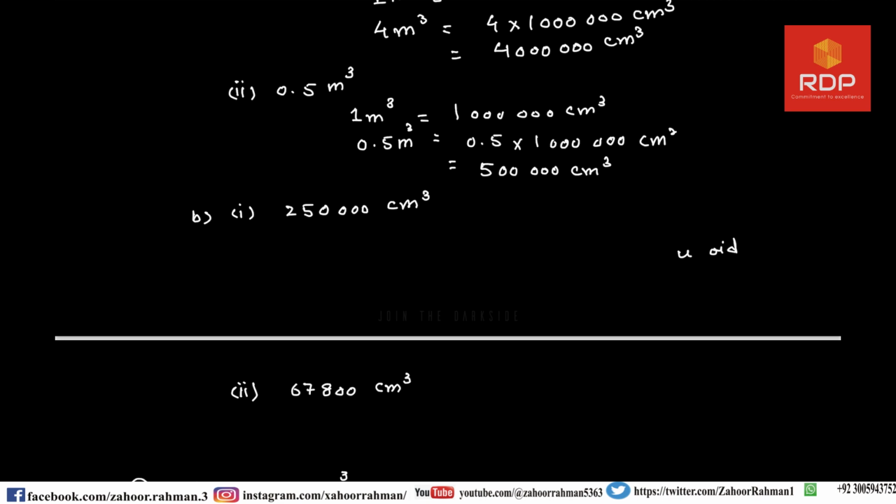So you remember that I told you that 1 million centimeter cube is equal to 1 meter cube. So in this case, because we are finding 250,000 centimeter cube, we have to divide this